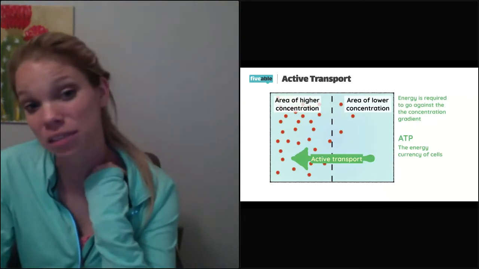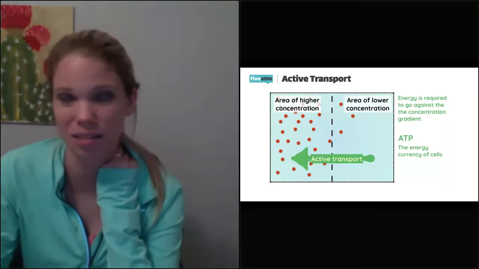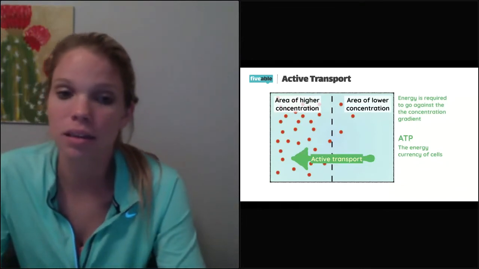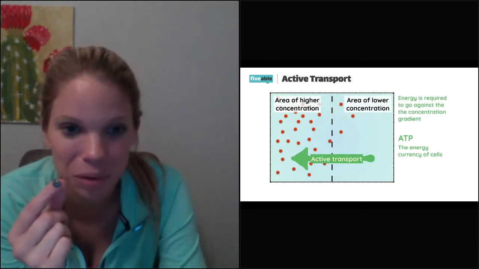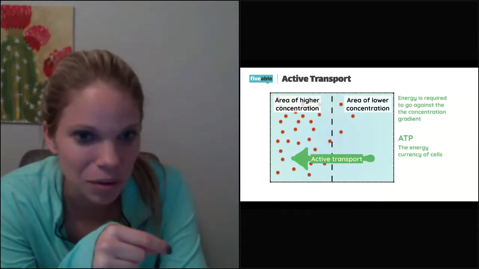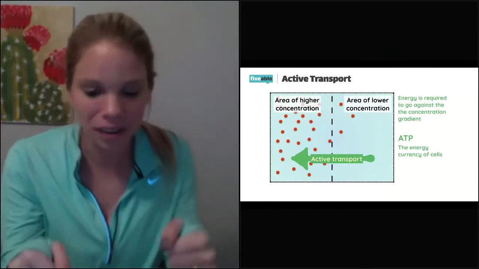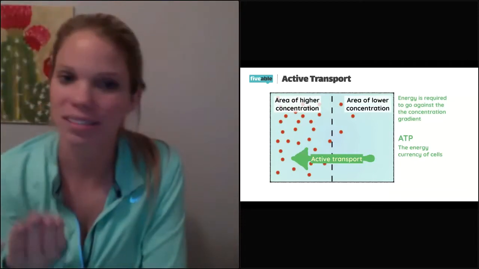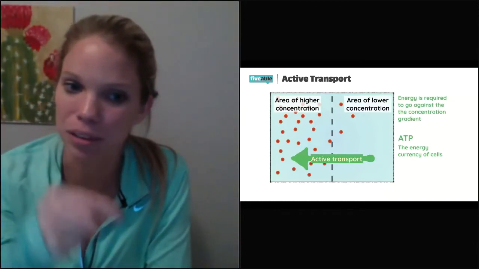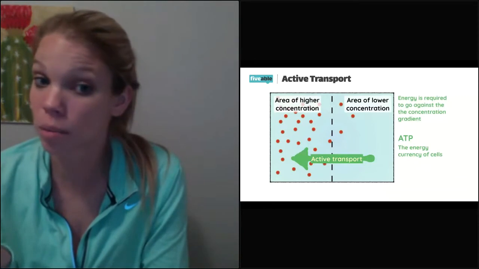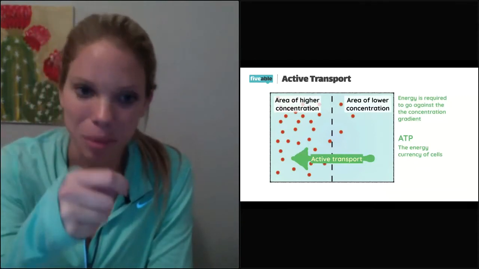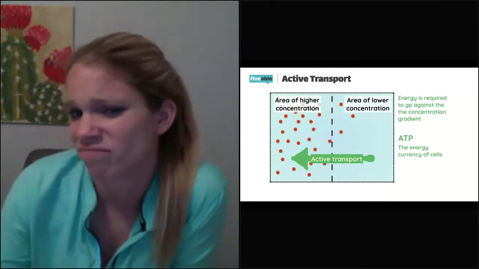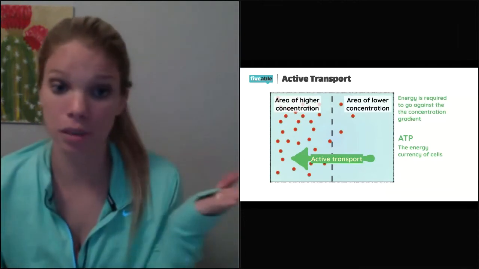I'm not going to go into the specifics of ATP because that is more of a photosynthesis and cellular respiration unit, but think of it as a coin. Every time you want to put one over, you got to put a coin in the slot. It's like whenever you play that game at the grocery store where you put a quarter in and you get a chance to use the claw and grab a stuffed animal. Every time you want to play the game, you got to put a quarter in the slot. Every time you want to move something across the membrane from low to high, you got to put an ATP in the membrane. That's all you really need to know right now. There may be more later, but we'll get to it. Any questions about active transport?